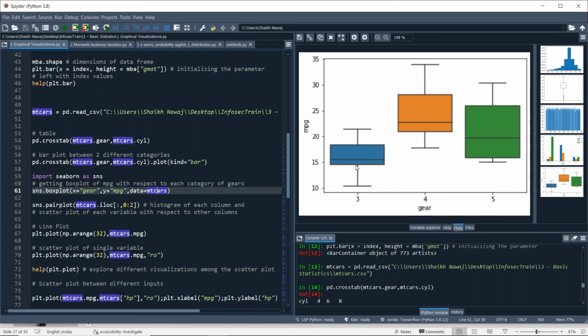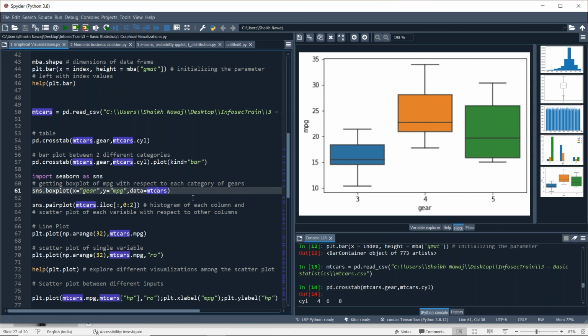Likewise, we have different percentage values for different box plots. For comparing these multiple box plots, we can draw 10 to 15 insights from this single plot, or even more.